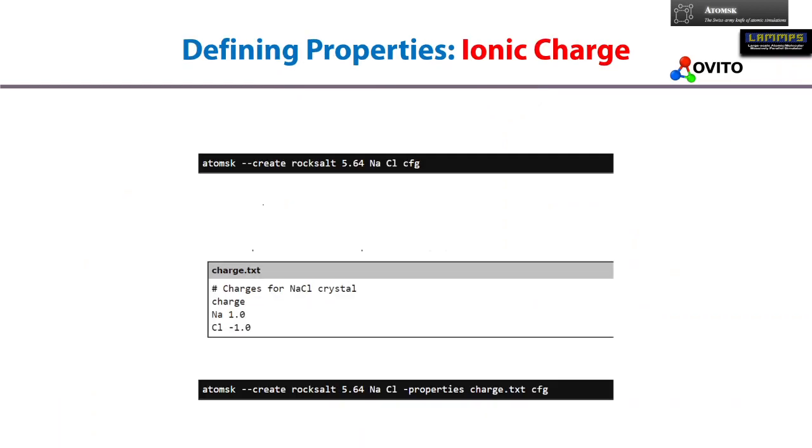Now there are some examples. Firstly, how we can use ionic charge. Here you can see charge.txt. In a text file, we can use the keyword charge, then the element type sodium, and the charge value 1.0. After saving this, we can create a rock salt type of lattice with a lattice parameter 5.64, sodium and chlorine, and we can call the properties from the text file,